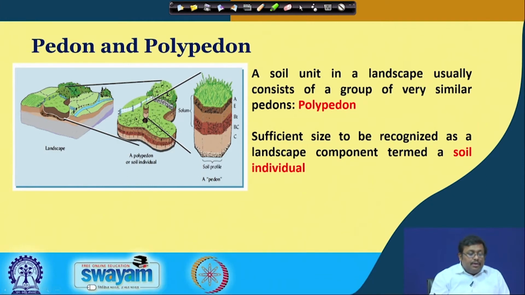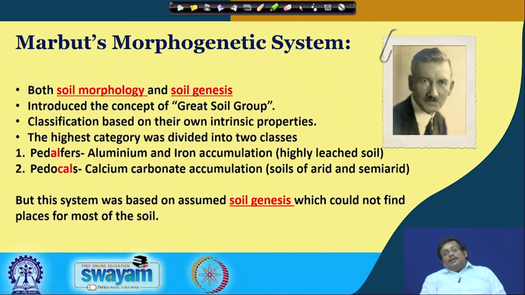All right. So, Dokuchev gave the genetic system of classification, which was the first classification system, but there were a couple of problems. First of all, it was in Russian language, and people were skeptical about this type of genetic classification. So, it was first this scientist called Marbut in the United States, at USDA, the United States Department of Agriculture, who